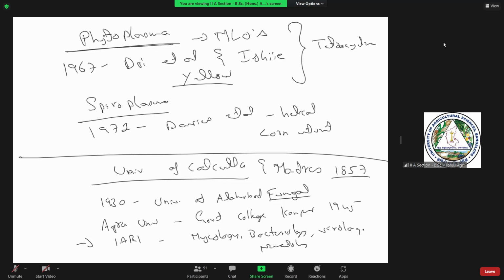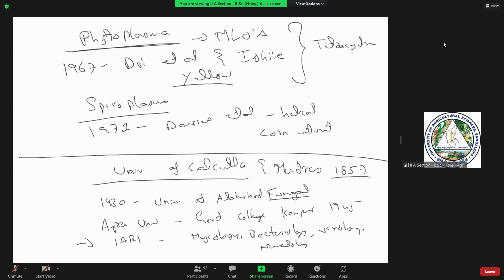And now, of course, all the agriculture universities have subjects covering all these: fungal, bacterial, viral, and so on. This is basically to make you understand the importance of plant diseases and its relevance with respect to the contributions many people made, which is really important. It has never been ignored. It can never be ignored.